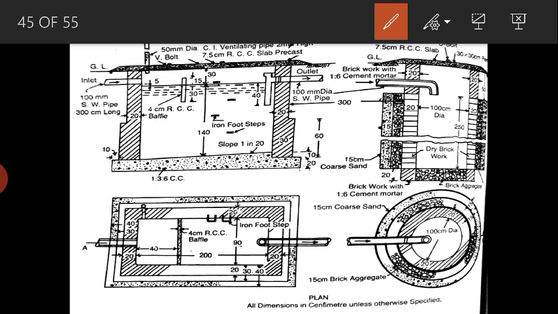The length of the connecting pipe from the latrine seat may be taken as 3 meters. Whatever the pipe length of the latrine, it is taken as 3 meters. Whenever you are calculating the amount, sometimes they will ask only the quantity